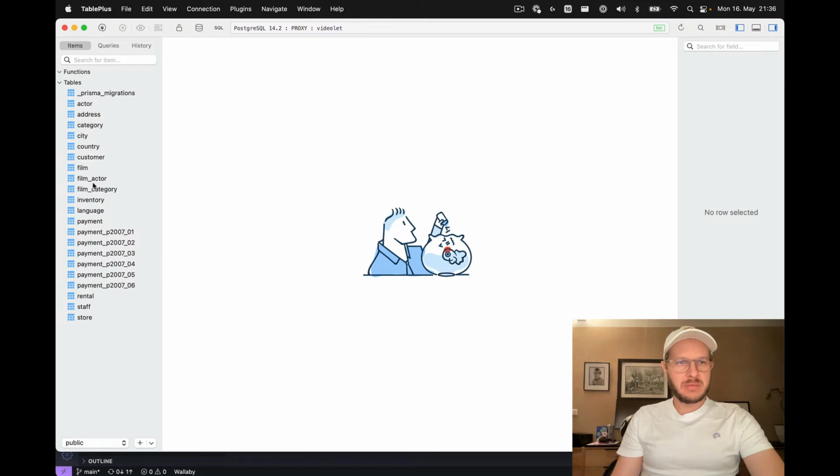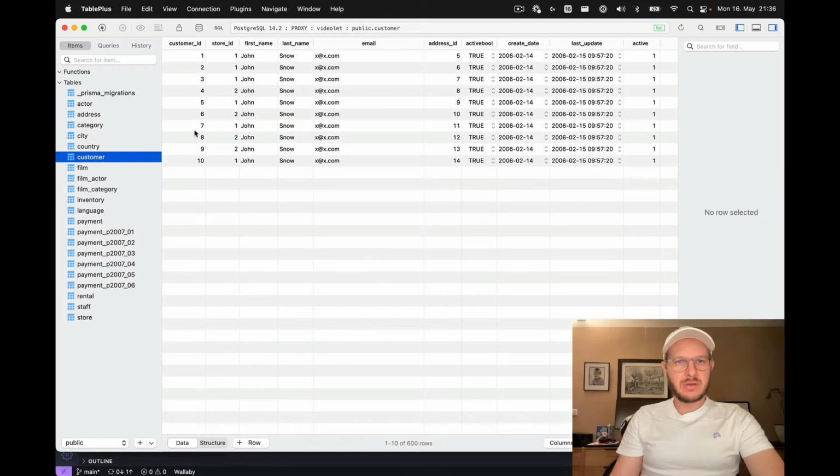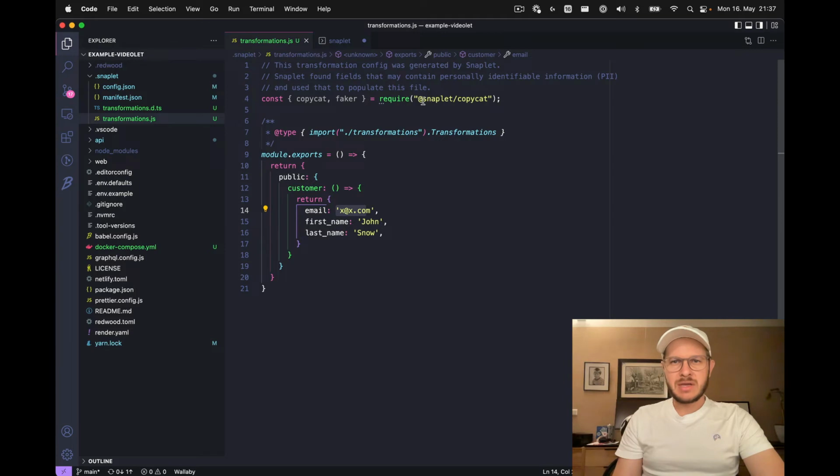So here are the same tables. If I click on customer, you'll notice that the values are now modified. John, Snow, x@x.com, but that's not really valuable. It's just kind of search and replace. What I want to do is use Snaplet's copycat library to generate deterministic static values based on